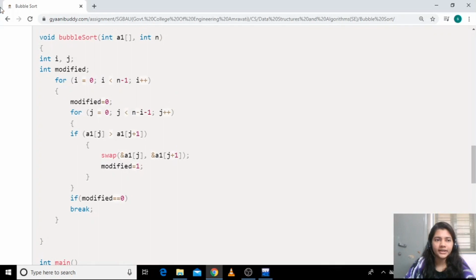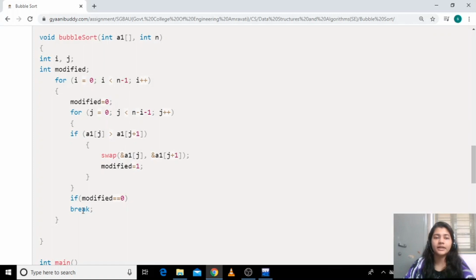So here what I have done is I have taken an integer variable modified and I have initialized it to 0 in the beginning of the outer for loop, and then whenever I enter the inner for loop, whenever I see that two adjacent elements are being swapped, I will set modified to 1, and if any swap doesn't happen, the if doesn't get executed and the modified variable will remain 0 only.